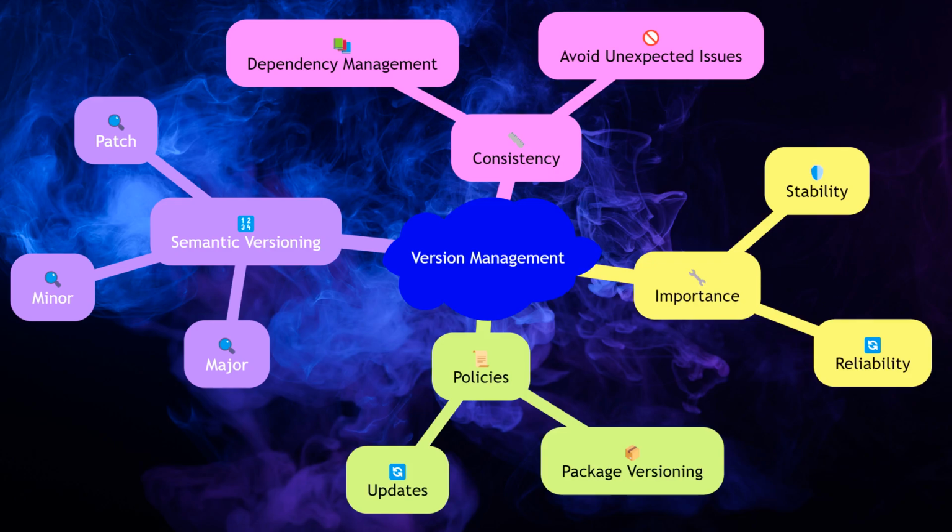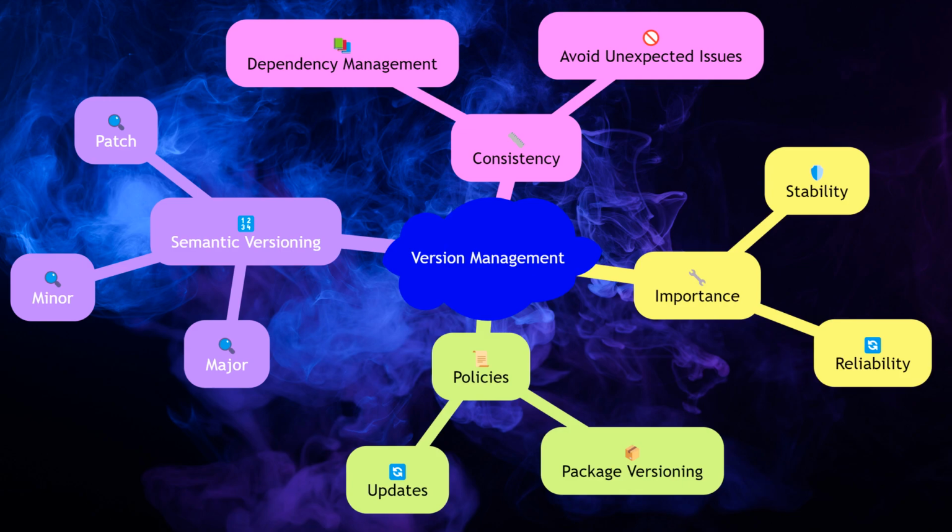Effective version management is critical for maintaining the stability and reliability of software projects. Teams need to establish versioning policies that define how packages are versioned and updated. Semantic versioning is a common approach, where version numbers indicate the level of changes, e.g. major, minor, patch. By following consistent versioning practices, teams can ensure that dependencies are managed effectively and that updates do